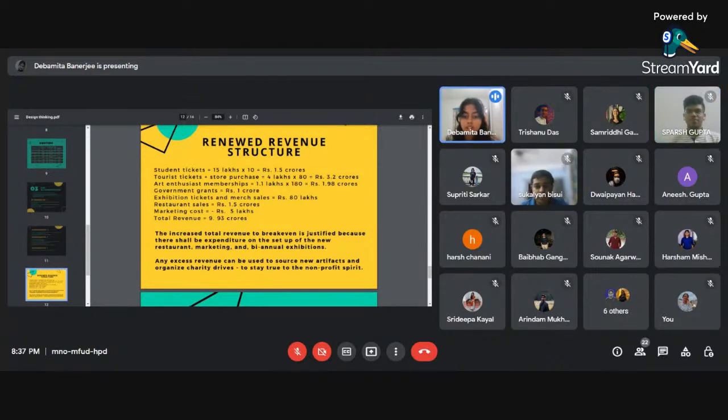So basically, what we're trying to achieve in our structure is to create a whole experience around the museum, to take it away from just being a museum to creating an experience where you have exhibitions, where you have an art themed restaurant, because when you provide an experience, the footfall is supposed to increase as it is. So that'll be our presentation. Thank you.